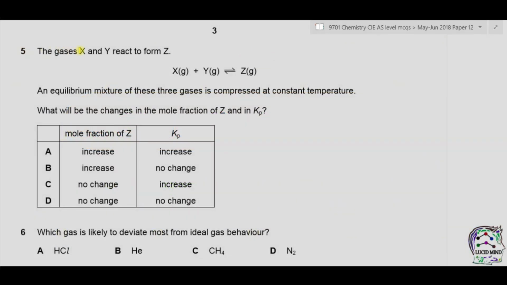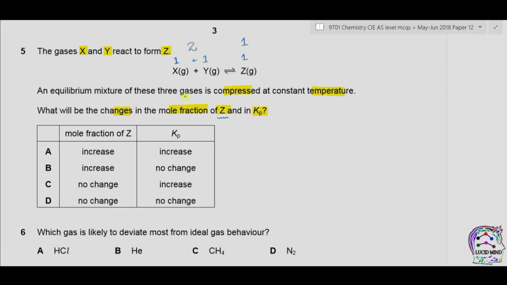Question 5. The gases X and Y react to form Z. This is the equilibrium expression. An equilibrium mixture of these 3 gases is compressed at constant temperature. What will be the changes in the mole fraction of Z and in Kp? Mole fraction is the portion of moles of Z in equilibrium. Now we can see that we have 1 mole of X and 1 mole of Y, which combine to form 1 mole of Z. The number of moles of reactant is 2 while the number of moles of product